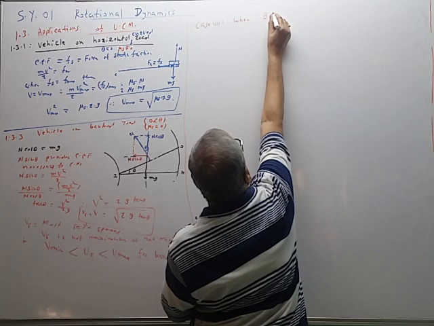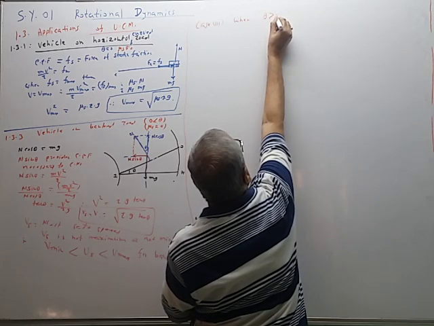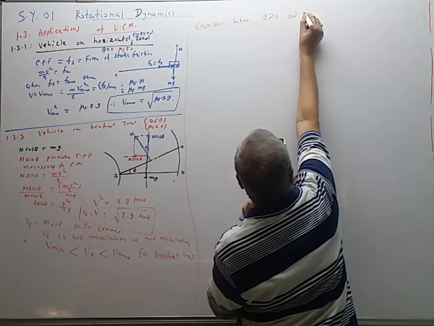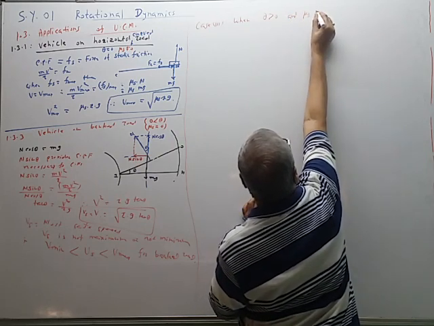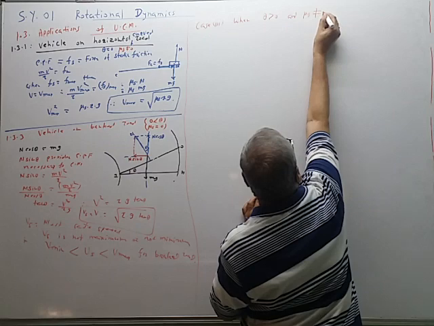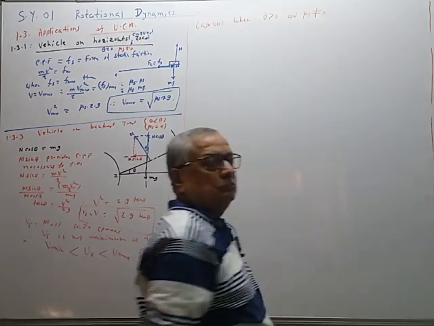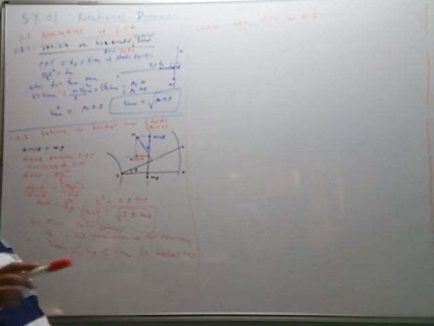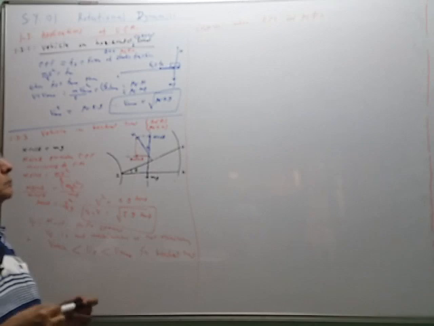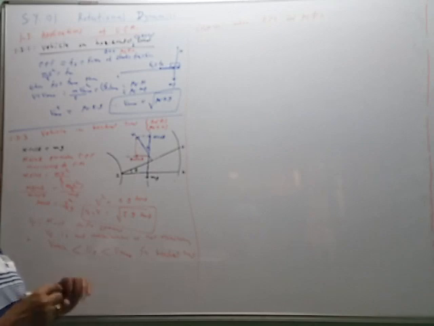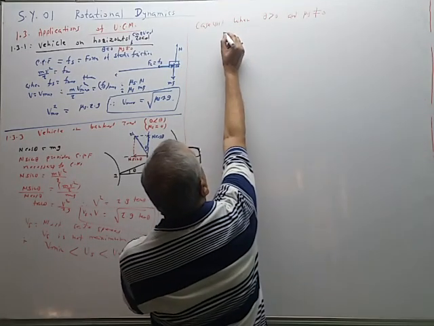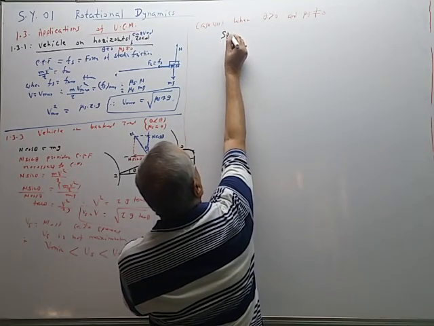When theta is greater than 0 and mu s is not equal to 0. So the road is banked and the road is rough, and for that purpose now we have to find the speed limit. When theta is greater than 0 and mu s is not equal to 0, speed limits